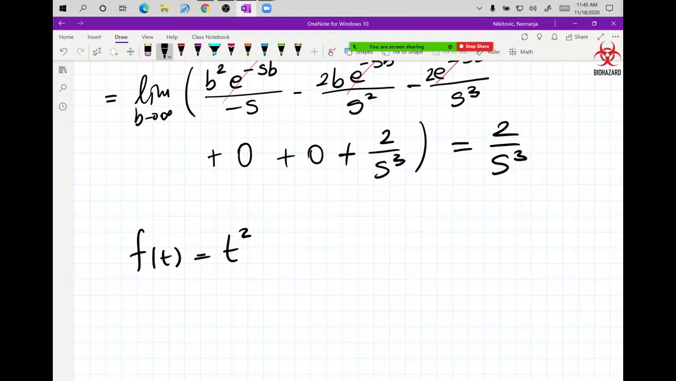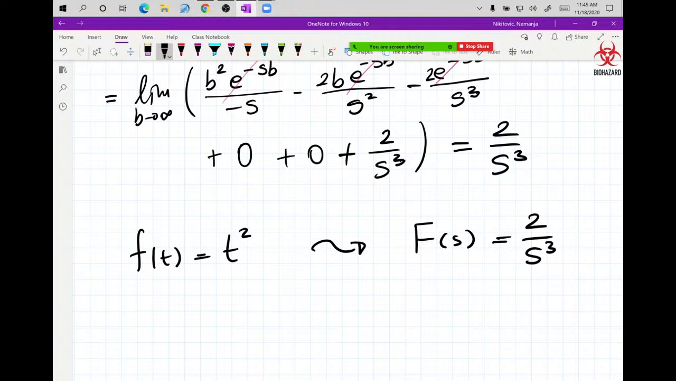f of t equal t squared transforms into f of s equals 2 over s cubed. So now you might say, well, we just made it worse. The answer to that for now is yes. You made it worse. Plus, you went through that horrible calculation to get there. But